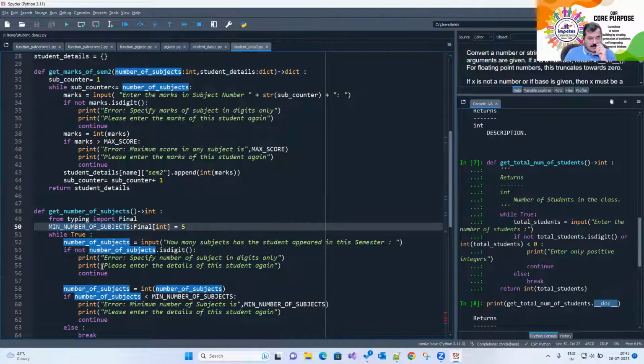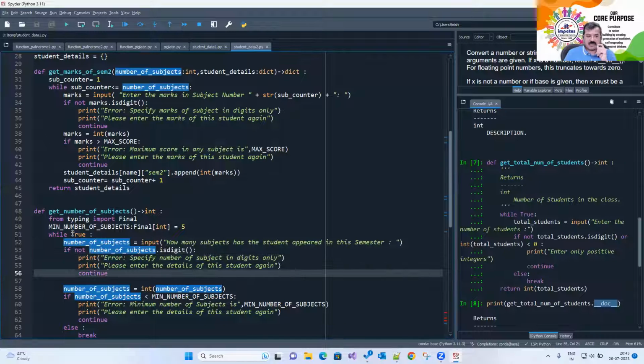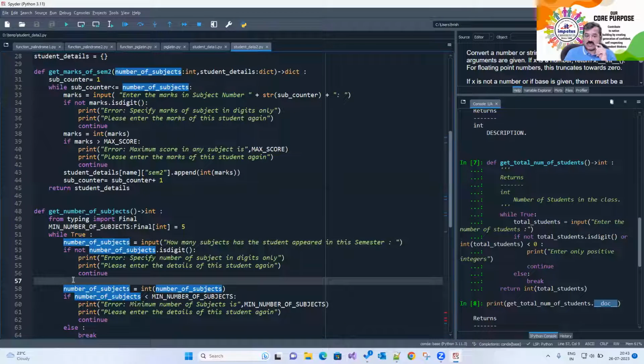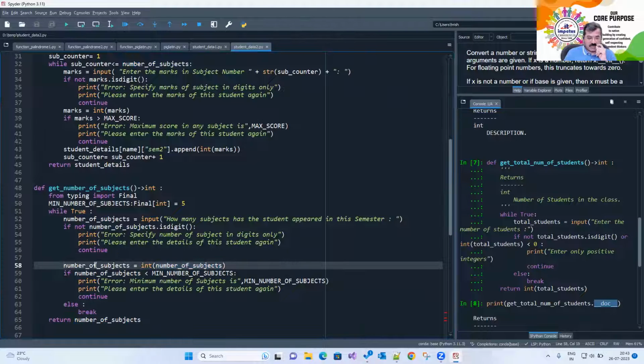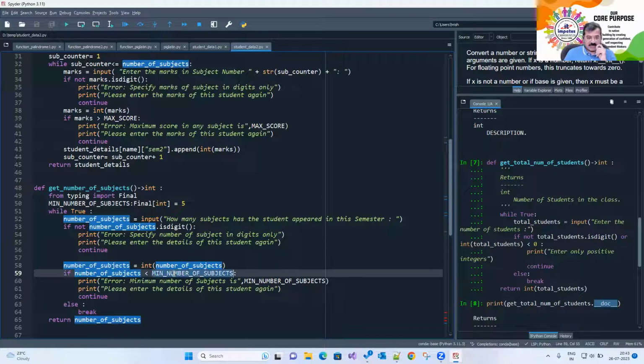So हमने लिखा number of students while true, okay, you have accepted this. If not number of subject is digit, error specify number of subject. Continue to transfer the control back. So there was no need for us to write else. If the input that you accept is correct, then we convert it into an integer and we store it into this particular variable. And if it is less than minimum number of subjects,